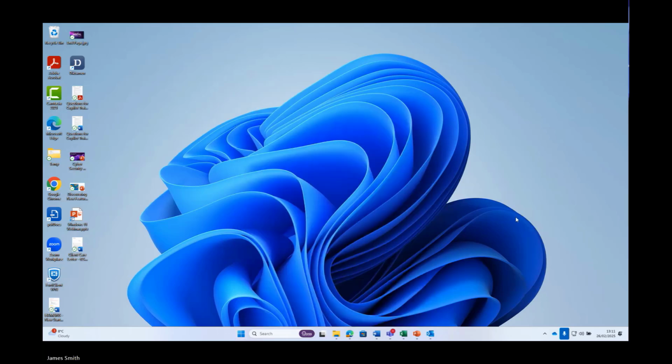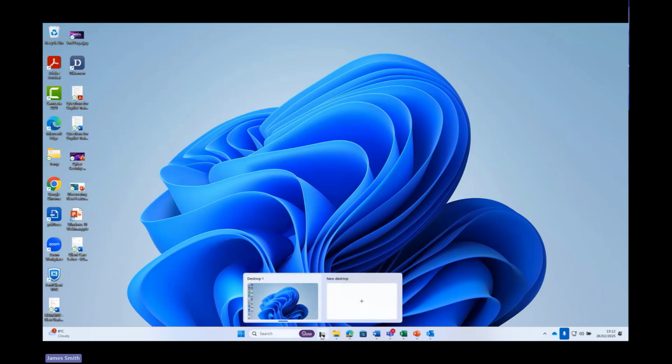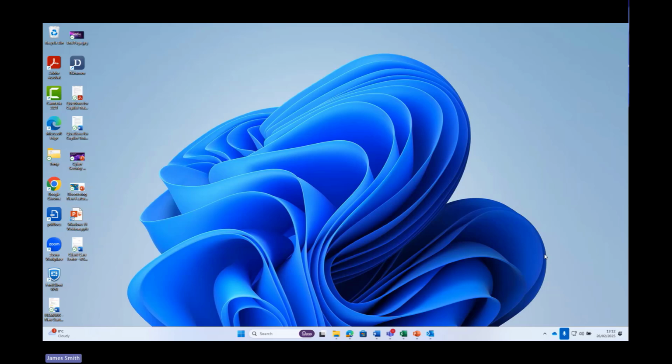So other new features of Windows 11, one of them is something called Task View. So this sits on my taskbar at the bottom, just to the right of search. I've got what's called Task View. Now, previous versions of Windows, you could have multiple desktops, but it's been improved for Windows 11. Now, if you're anything like me,